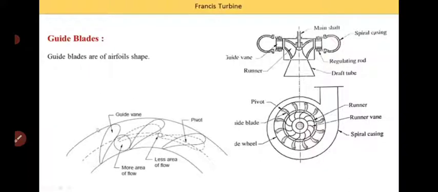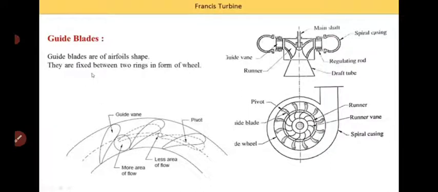So in this image, here we can understand this part is the guide vanes. Okay, so here these are different guide vanes, that is a number of guide vanes. Here two guide vanes are indicated, one by a continuous line and another by a dotted line. That I will explain later. First we understand its basics.